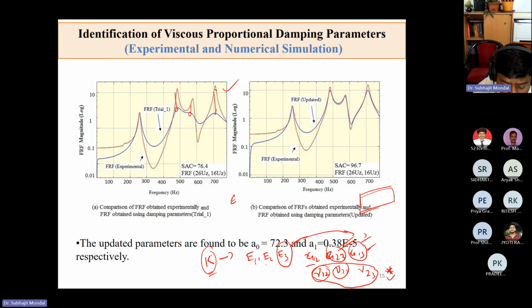Now we will go for updating the damping. Now again, damping in composite can be defined in different ways. Different researchers try to model the damping in different ways. Many people measure the damping as viscoelastic damping, and in many cases we can measure it as viscous damping. Now, if you go for viscoelastic damping,